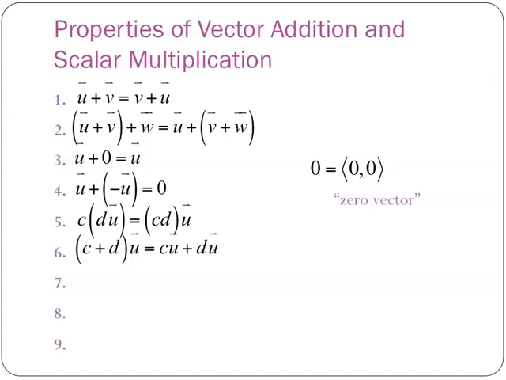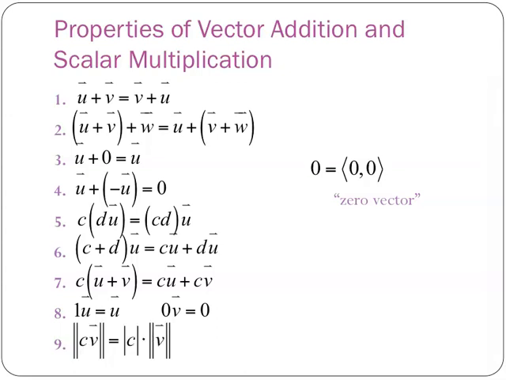Okay, now what if you instead had two vectors and just one scalar? So if you were adding two vectors together and you multiplied it by a scalar, that's the same as if you were to multiply each vector by the scalar and then add them together. Again, another form of distribution. All right, now we have 1 times any vector u is going to equal the vector itself. And then if you have 0 times a vector, that's going to equal 0. And the very last property to write down,